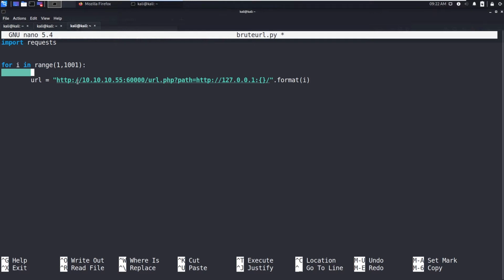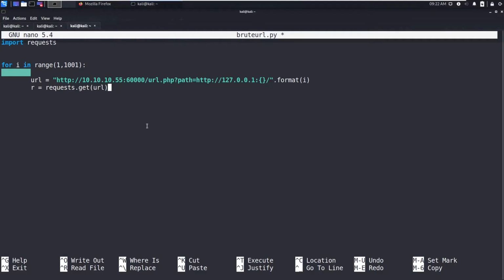Format of i. So this is the URL. r is equal to requests.get of URL. Since we did not log in, we don't need any cookie. If length of r.text is greater than 0, then print port contains this data, dot format of i.